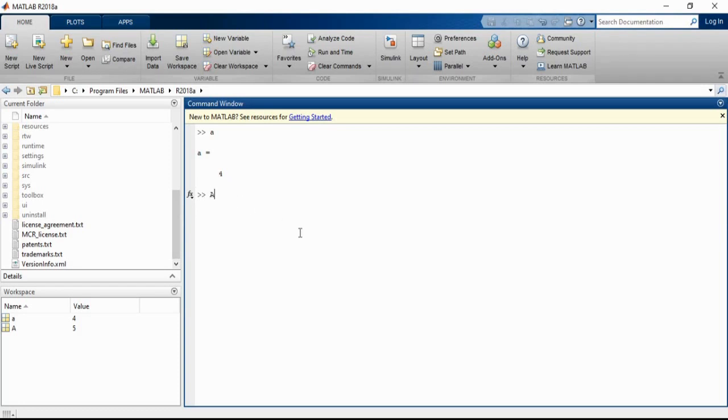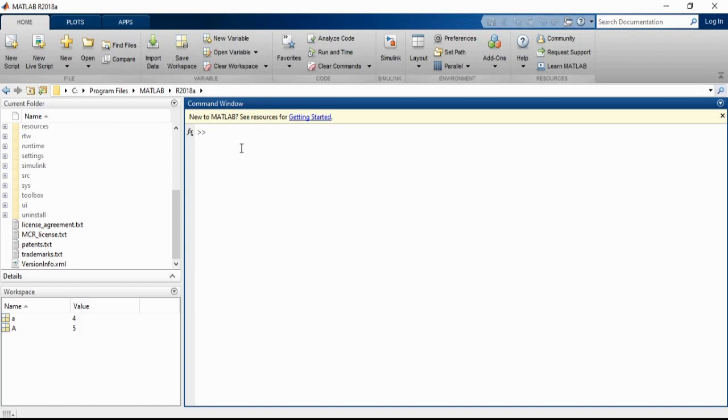Like this, you can retrieve the data you created in previous programs. The data is stored in the workspace, and you can get it back into the program by simply entering the variable names. You can use these commands to clear this.